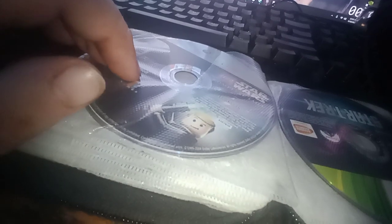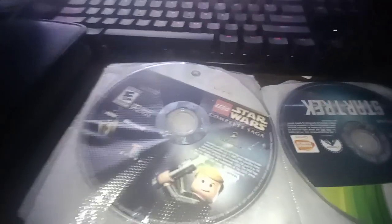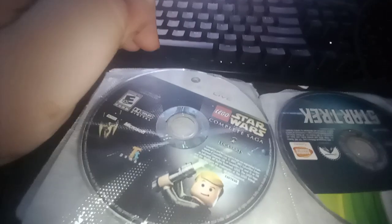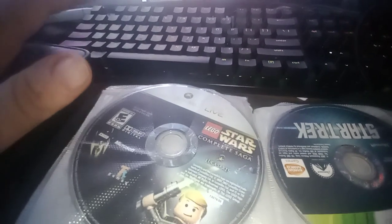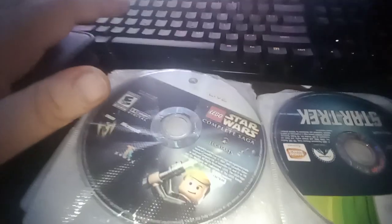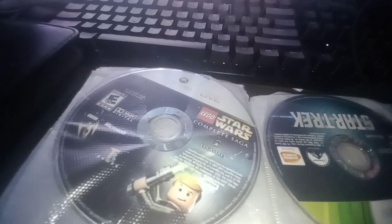And then Star Wars The Complete Saga, got this recently because I like the Lego games in particular, because they're usually a little bit more funny to look at, and this particular one highlighted a lot of that, honestly. But yeah,